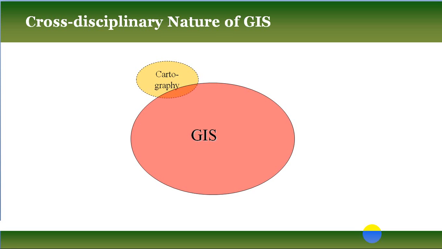So in this case, cartography, another discipline all of you know, where we can prepare maps. The ultimate goal of cartography was to prepare and use maps. So this cartographic technology is also incorporated in GIS in a full-fledged way. So cartography is one discipline that is